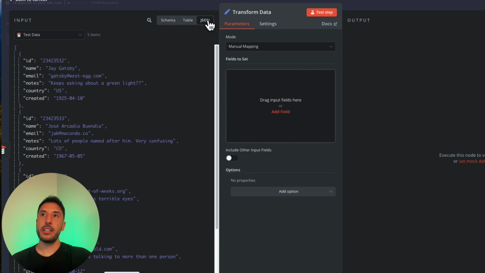One more quick thing in the JSON view right here, as you can see on the input, you have this little drop down, and this is going to show you all of the nodes that are connected to this node, and therefore you can have access to them from your JSON view here if you want to, let's say, grab something or grab data from your previous node here. So that's kind of a neat little drop down they have. But let's go back to our schema view here.